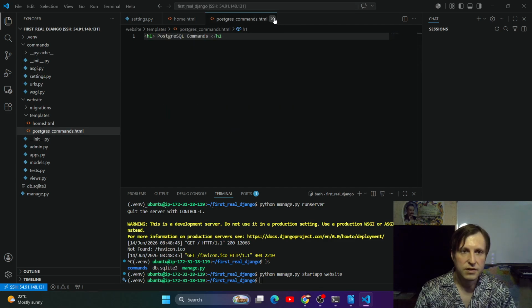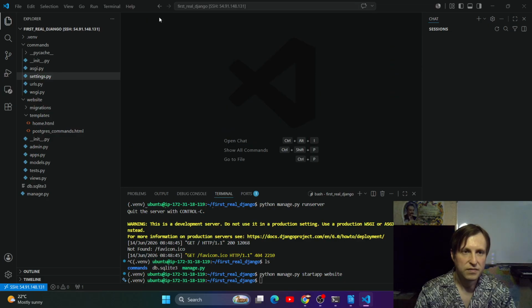And let's close it for now. I don't like it when there are a lot of Windows tabs opened. What do we do next? Now we need to connect. So we have here, we have commands